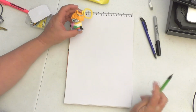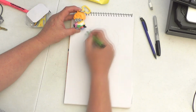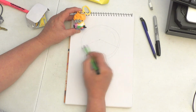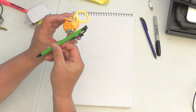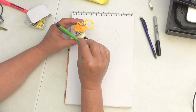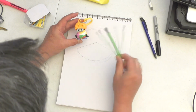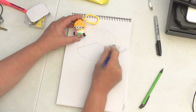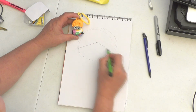Okay, so first thing I do is, how big do you want this guy? Okay, so his cheese is going to be like that. Now it's going to be something like this. Now I just drew that angle, but some people will actually close one eye and do this. You see there's an angle here, and I'm going to copy it, and you're going to copy it right here, and you're going to bring that angle down also right here. So this is a little bit off, and so we try to start off in a sketchy way, but then I said that's a little bit off, but then